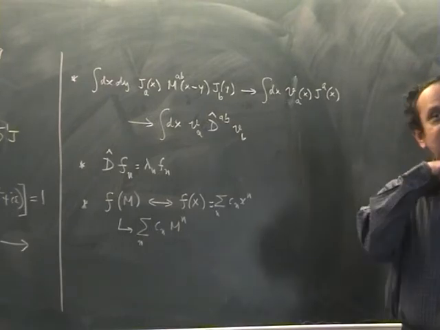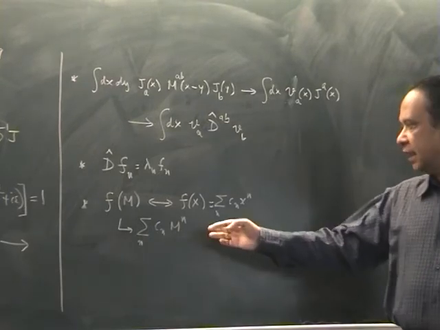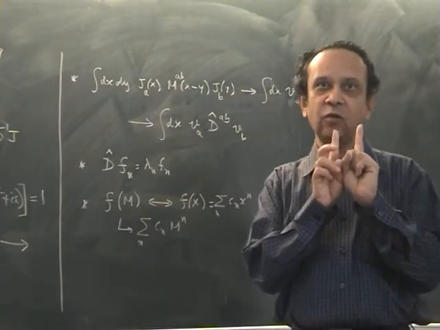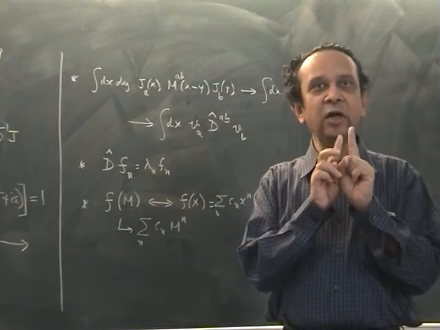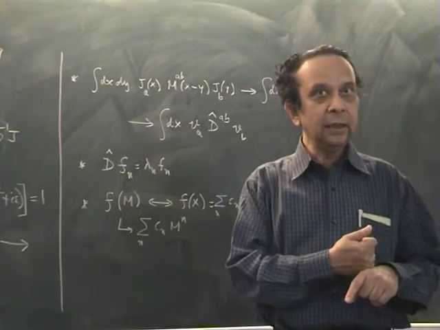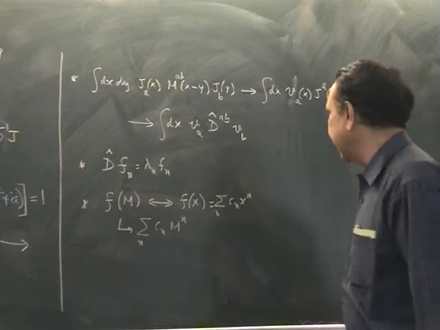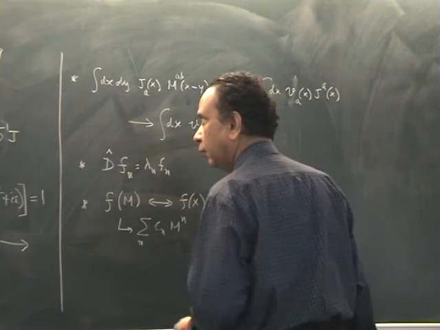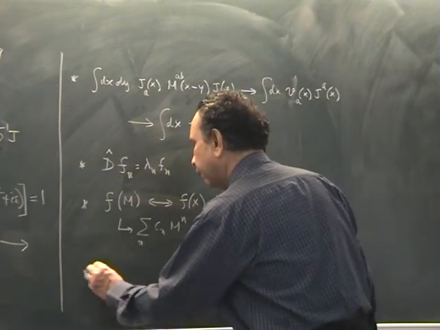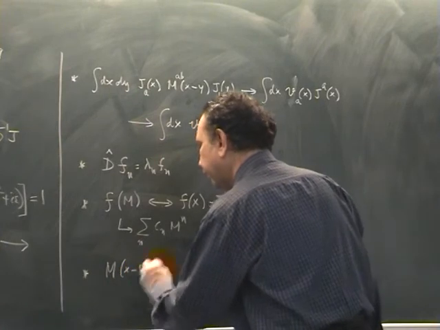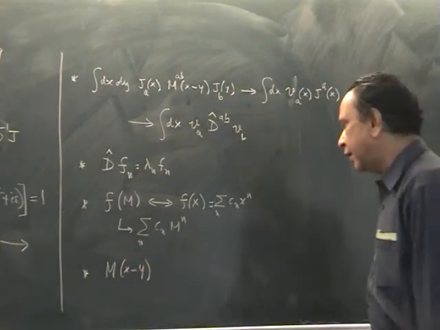Now, the matrices which we will be dealing with, I told you that it will only depend on x minus y. So it's a matrix with two indices x and y, but the quantities depend only on x minus y because we start from a continuum object, right? So the way one would work with it is that let us consider m of x minus y and write it as